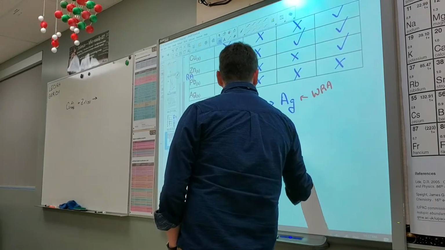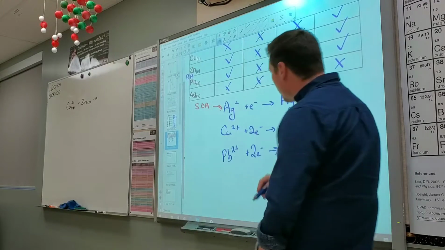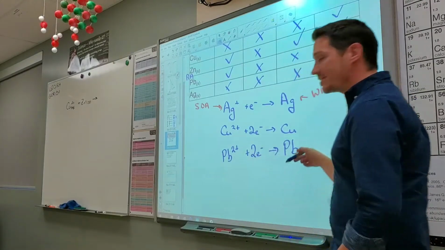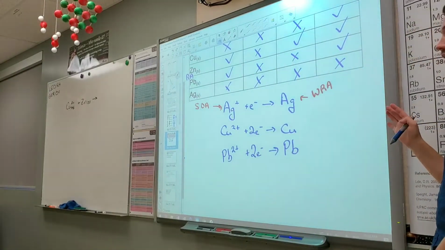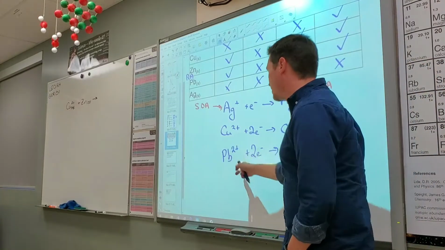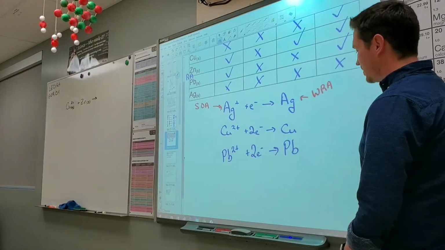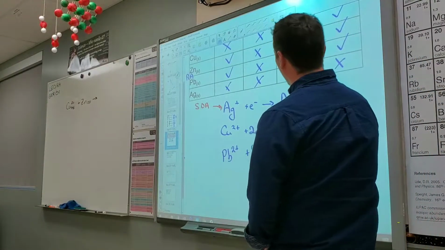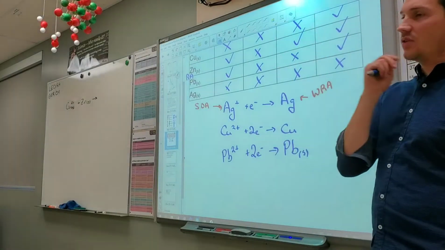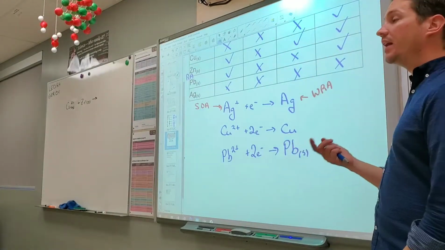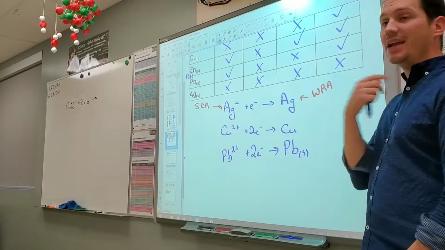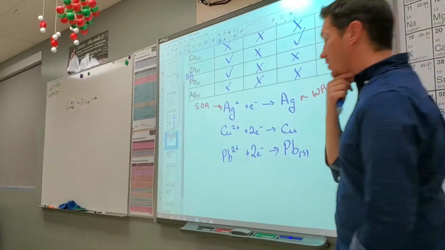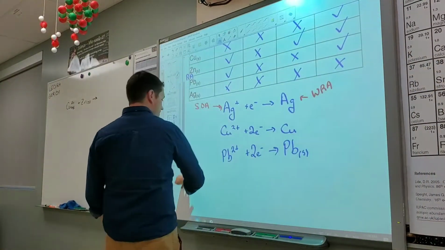And all I'm doing is completing the redox half reaction. That's all I'm doing. So I'm saying lead 2+ ions plus 2 electrons turns into lead sulfur. And then finally, what's our weakest oxidizing agent here? What's the oxidizing agent that never reacts with anything? Zinc. So zinc